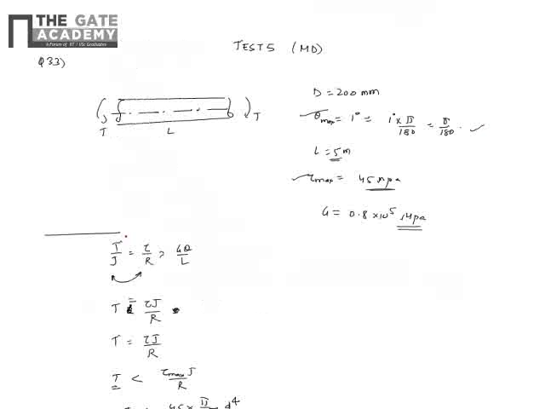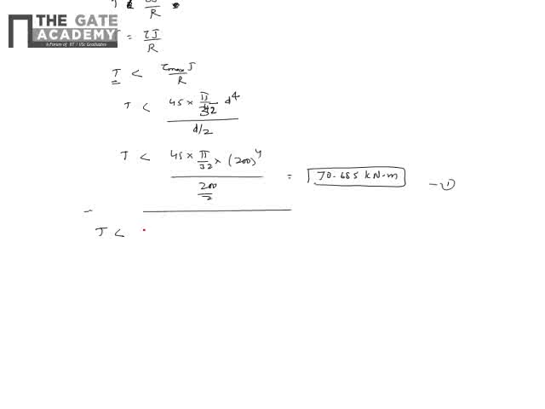Now from the angle requirement, we need to take the first and the third term. The torque has to be less than G theta max J by L. So G is given as 0.8 into 10 power 5 MPa. Theta max is 1 degree, so pi by 180. J is again pi by 32 into D power 4, that is 200 power 4. The length is 5 meters, so 5 into 1000. I'm converting force units in Newton, length units all in mm, stress units in MPa, so that will be all useful. So this value comes out to be